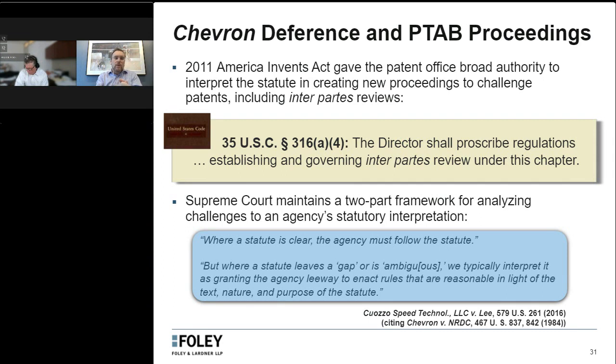And really, what it has to do with is what the impacts would be, what the outcome would be, if Chevron deference goes away. What type of impacts might that have on PTAB proceedings? What might that mean? And we start just by noting that the whole framework, for the most part, for IPR